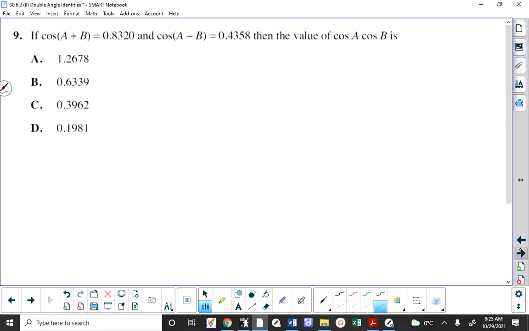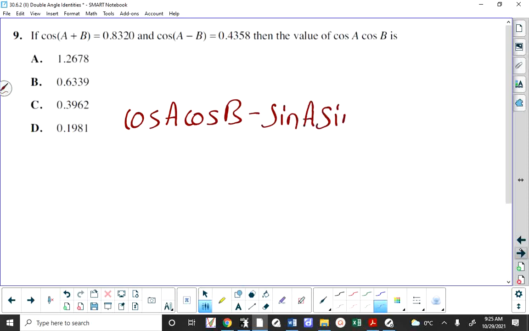This is the intention of the question. The intention is for you to take cosine of a plus b equals that number and write it as cosine of a cosine of b minus sine of a sine of b, and it's equal to 0.83